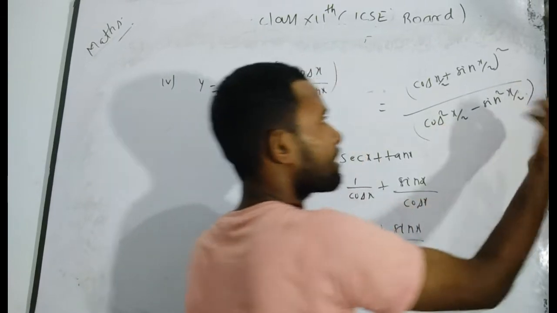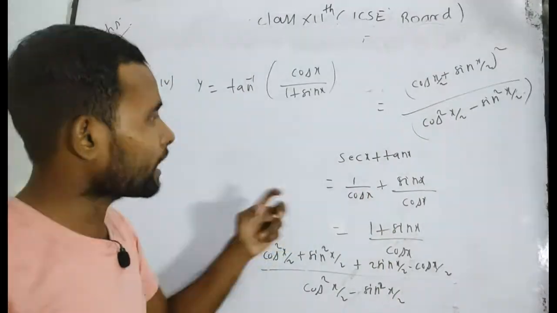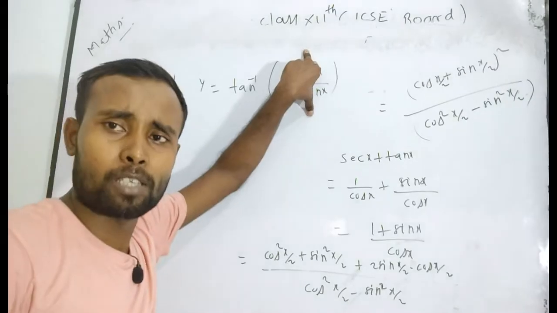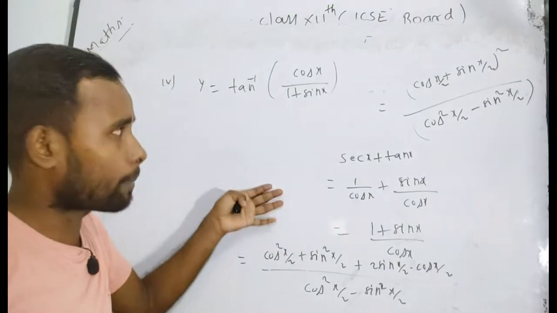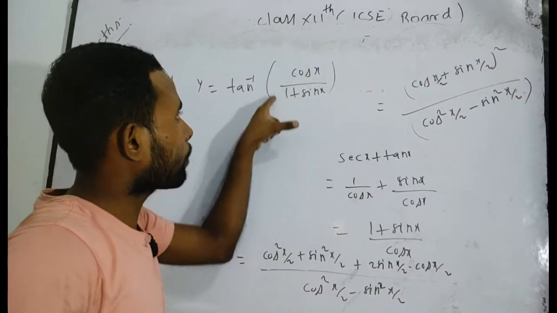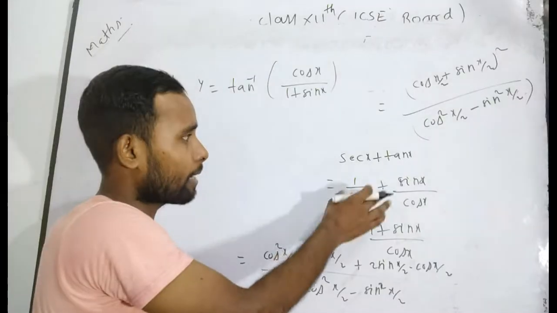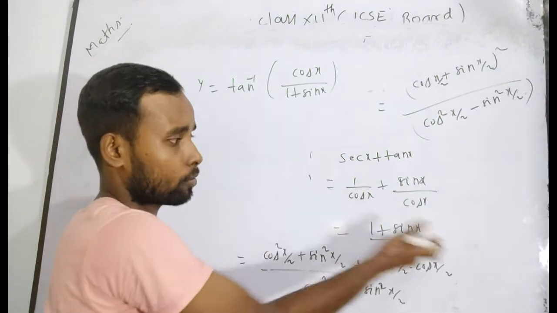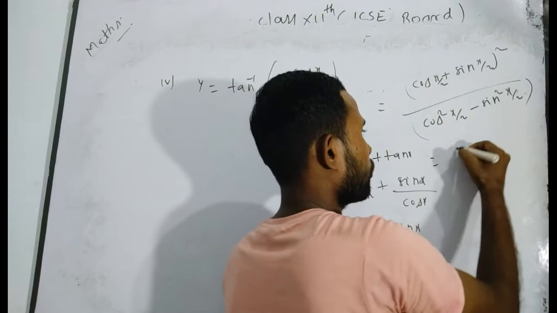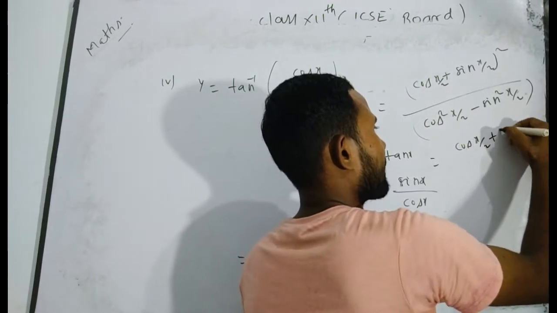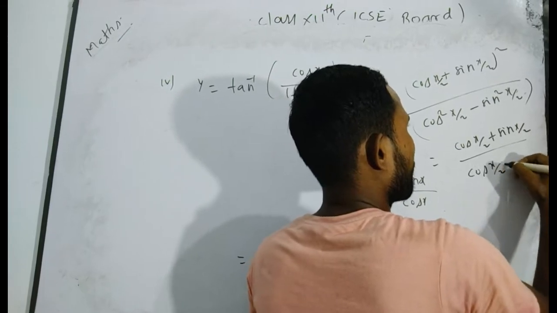If you are giving your examination in a subjective type, you can first take the inner portion of this question and simplify it. Don't take one step. So first take it out of this problem, as you know that at present I am not taking this problem, I am taking other questions which have already been written here. Now if you simplify again, in the numerator you will get cos x by 2 plus sin x by 2 divided by cos x by 2 minus sin x by 2.